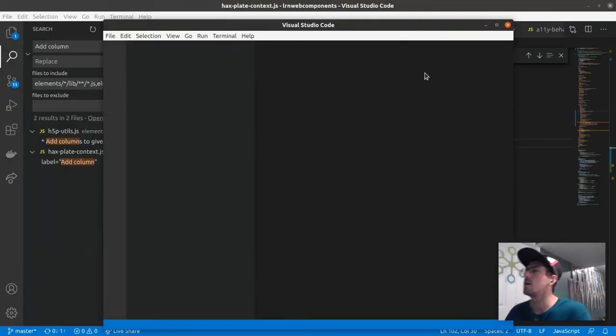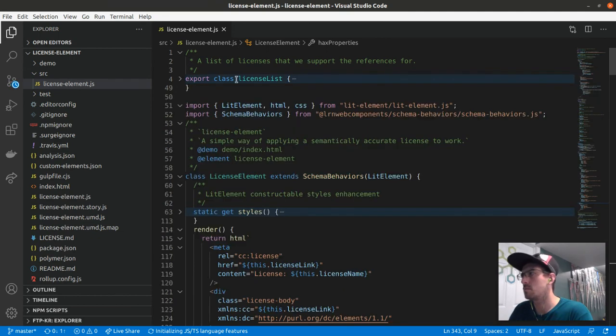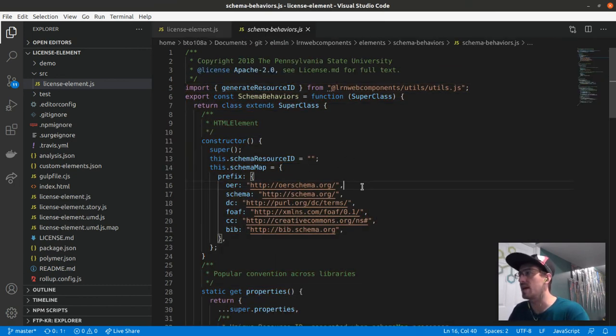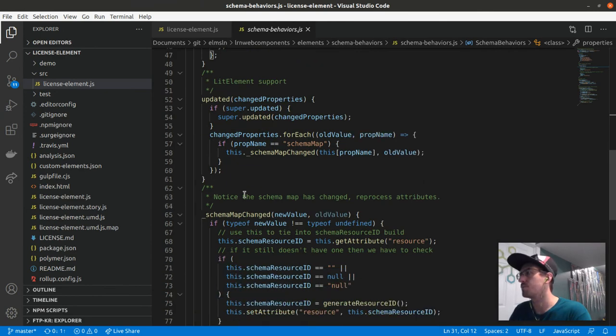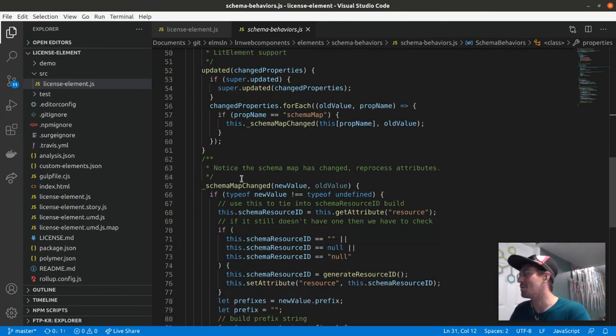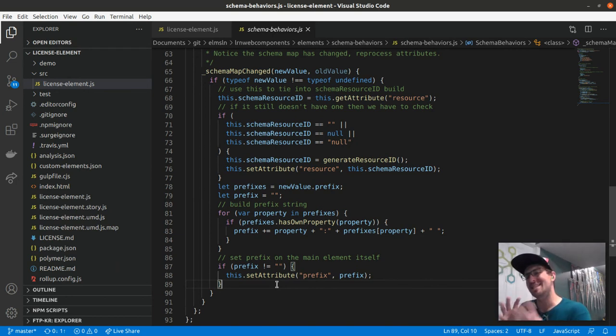License. So if we fire up the license code, we will see that license pulls in a thing called schema behaviors, right? And leverages it in this way. And the reason that we wanted schema behaviors involved, and this is vanilla, it'll work in whatever, although it does have, kind of for more deeper integration with, I lied, it's LitElement. So it basically implies what you're working on is LitElement, but it provides this consistent piece of functionality for whatever it's wrapped into, to say, well, if this is a schematic element, I need to set a certain property